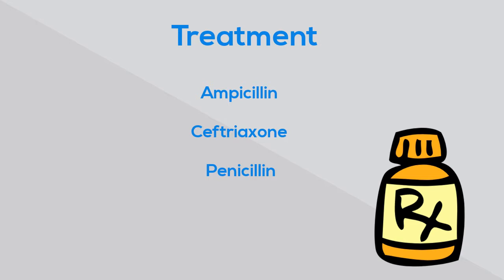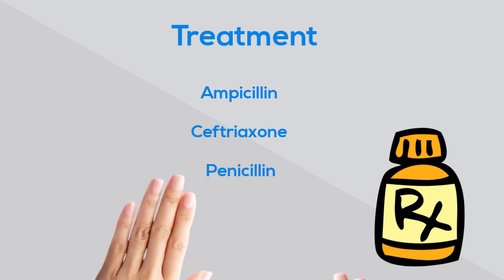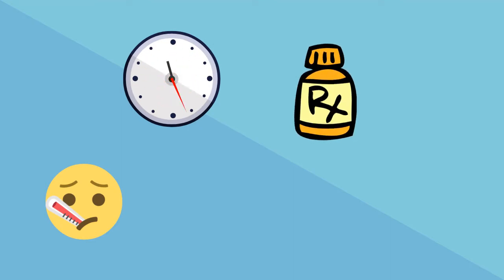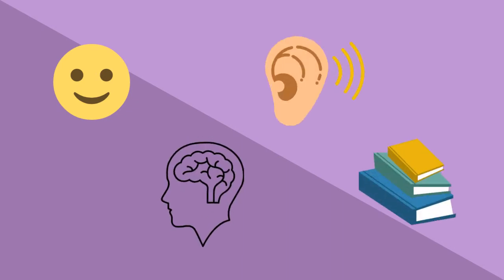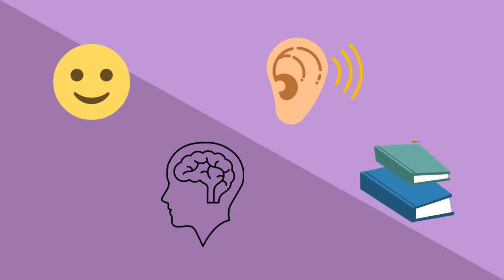Bacterial meningitis can be deadly. Death can occur within hours to days of contracting it. So it's extremely important that all flu-like signs and symptoms are taken seriously. If treated quickly, most people recover from meningitis. Unfortunately, brain damage, learning disabilities, and hearing loss are some of the more common permanent disabilities that can occur as a result of the infection.